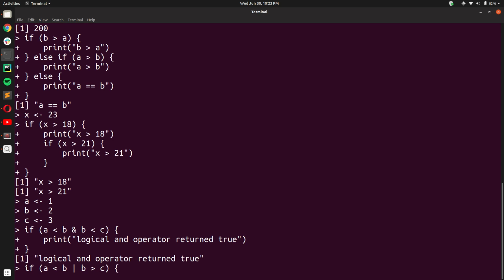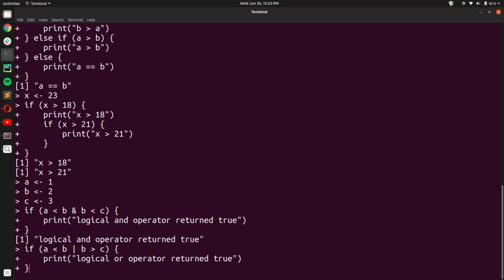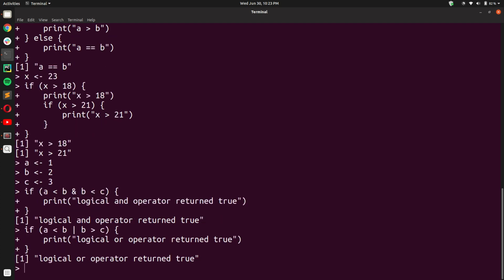So we know that among these two conditions, only the first condition a less than b returns true, and you'll see that when I execute this code block, I will still get the output logical OR operator returned true. This is because one of the conditions, a less than b, returned true, which made the logical OR operator return true. Here, as you can see on the output, logical OR operator returned true.